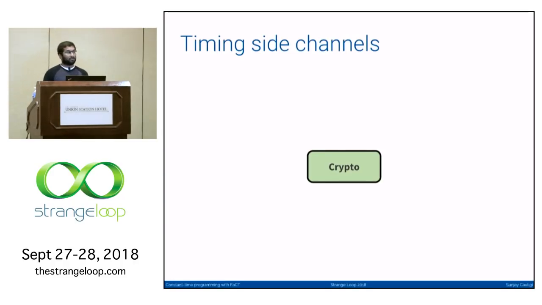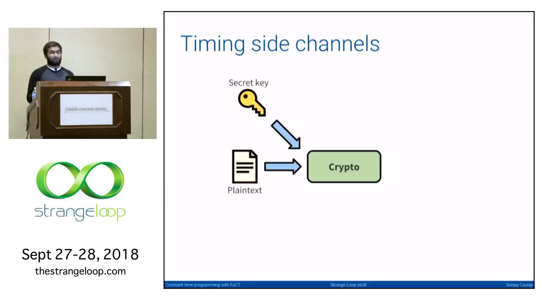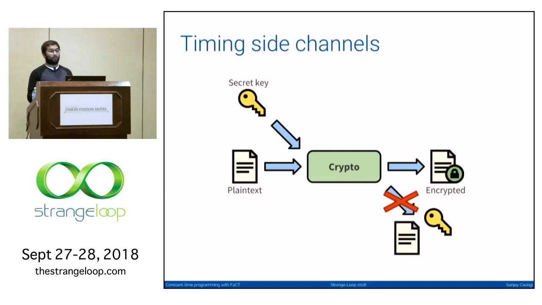Say you have a cryptographic routine, and it takes an encryption key, it takes some unencrypted plaintext message, and you want it to produce your encrypted ciphertext. What you don't want this cryptographic routine to do is leak your secret data. So you don't want it to leak your encryption key or your plaintext message. The issue is that if it's not implemented carefully enough, the crypto routine could have minute timing differences based on the secret data. And an attacker that is clever enough can measure these timing differences,